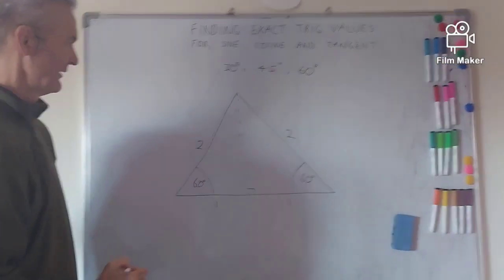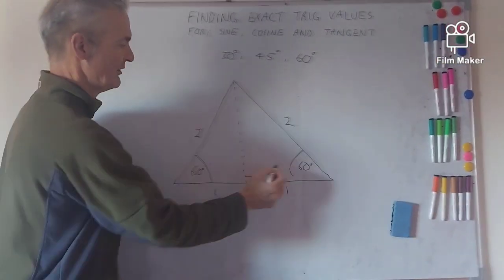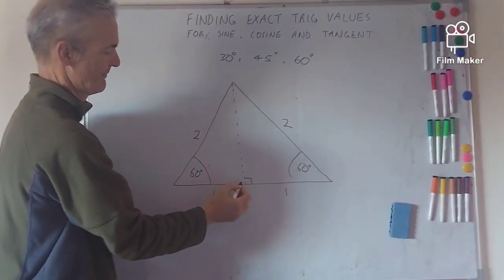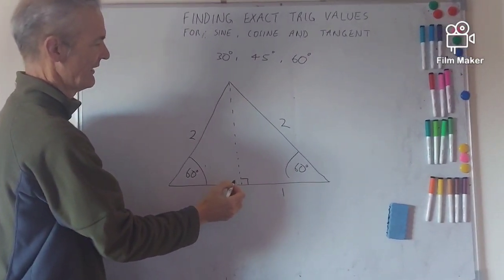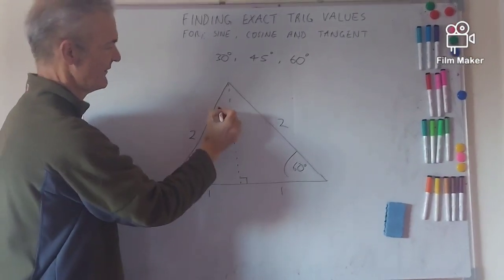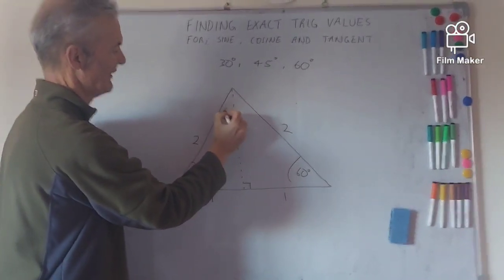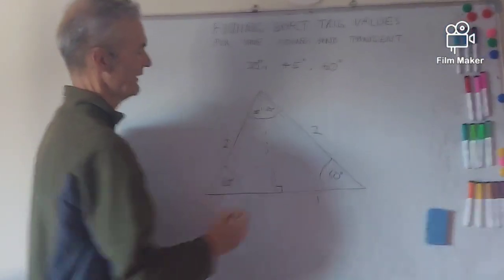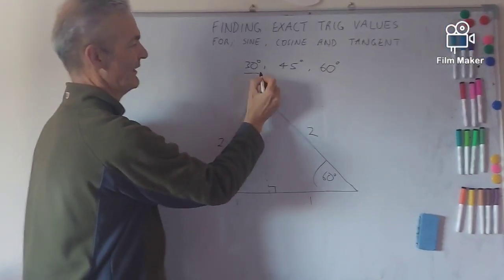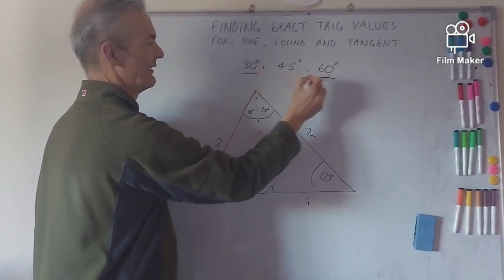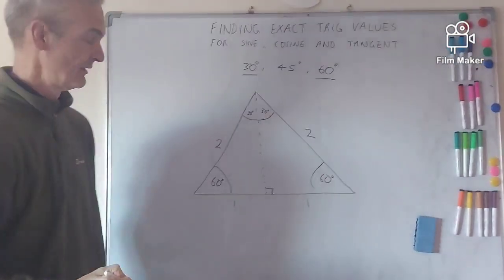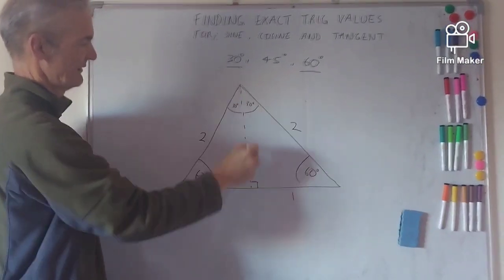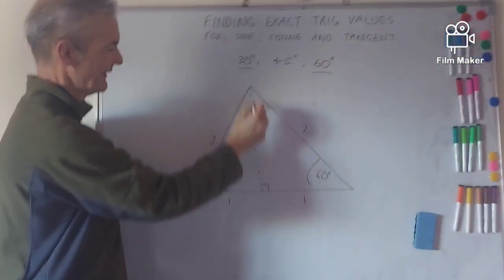So we've got these 2 base angles the same. Now at the top, because this perpendicular has split this in half, that angle there will be 30 degrees and that angle there will be 30 degrees. So where I said we were going to look for these angles at the top, we can certainly find these 2. Now we are missing this length in the middle here, but because we've got a right angle triangle here,